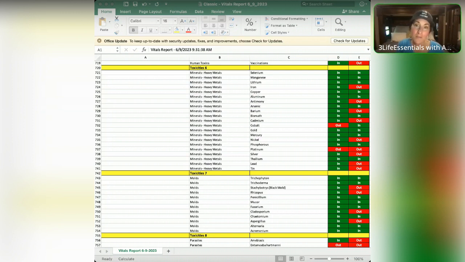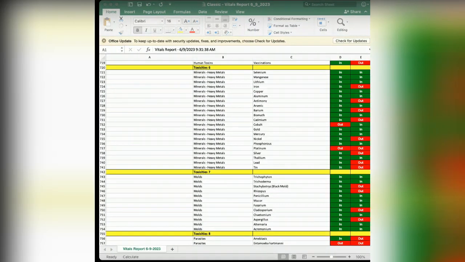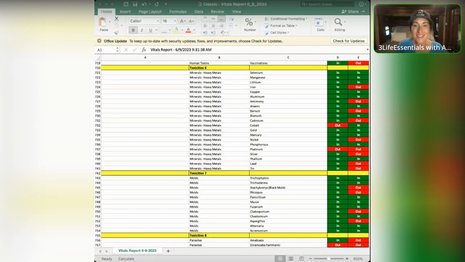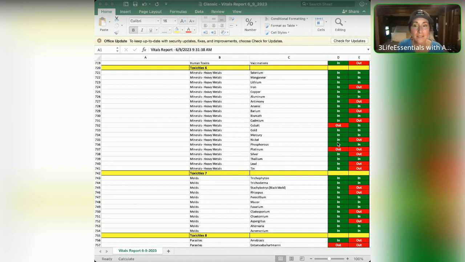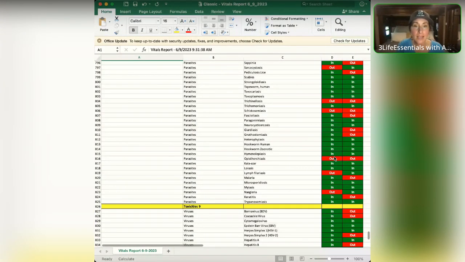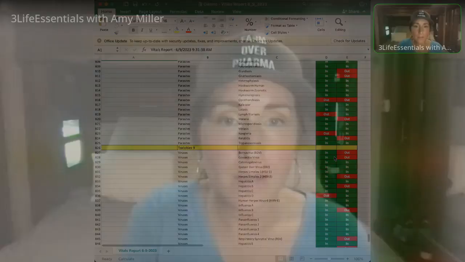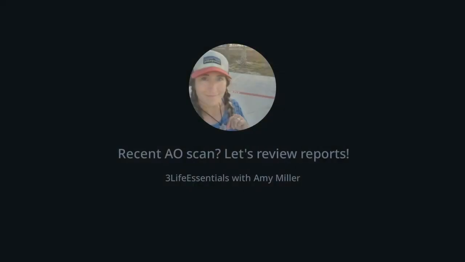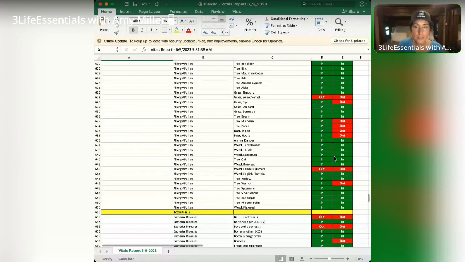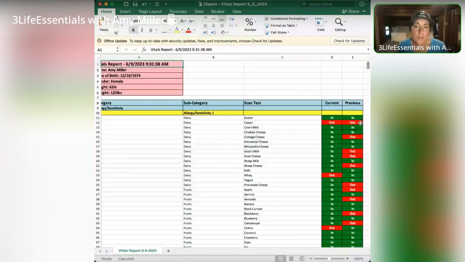Now there's going to be a lot of information here, right? I'll show you. It's a lot of information. So you're going to see on the right, you'll see previous scan. So let me scroll up to the top so you can see it. You're going to see previous scan. That's what ran immediately following the InnerVoice scan, and then went into scanning the frequencies of your blood biology, your